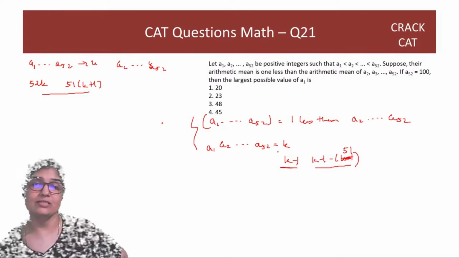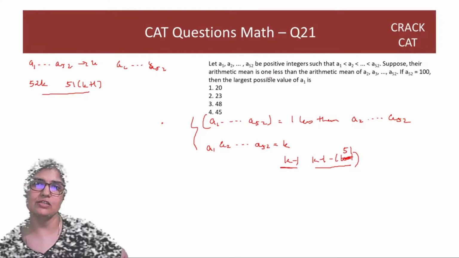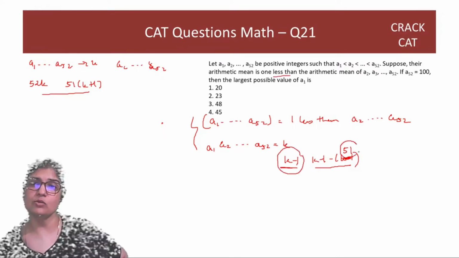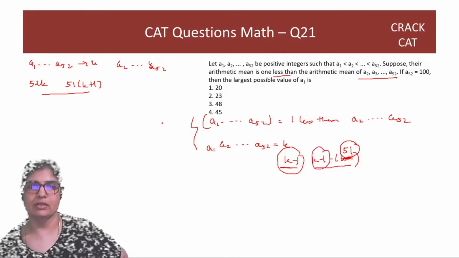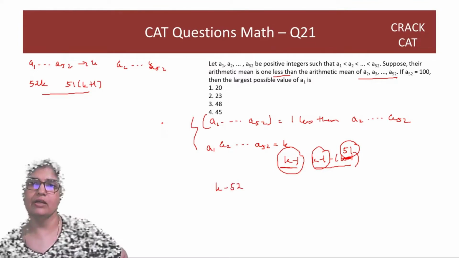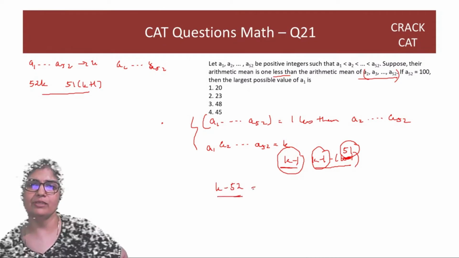Right? That's why it has reduced. The rest all have an average that is 1 more. It has reduced, so it's less than K minus 1. By how much? It took 1 from each of the 51 to reach K minus 1. So K minus 52, whatever the average of A2 to A52 is, 52 less than that will be the value of